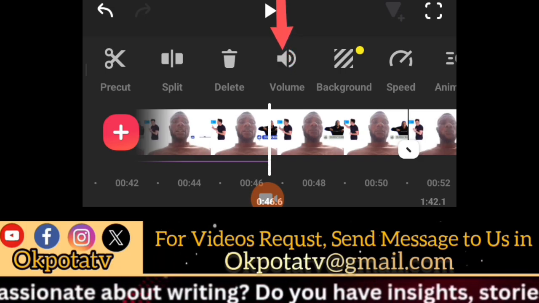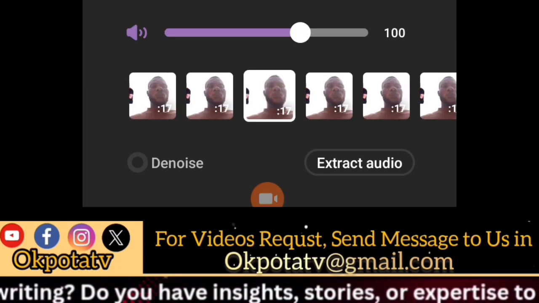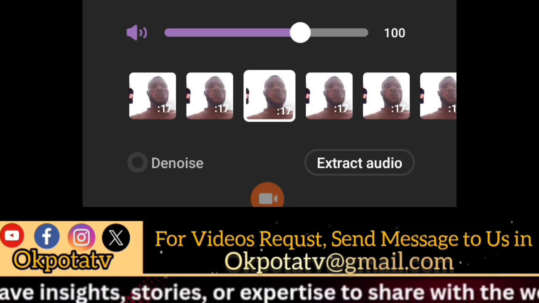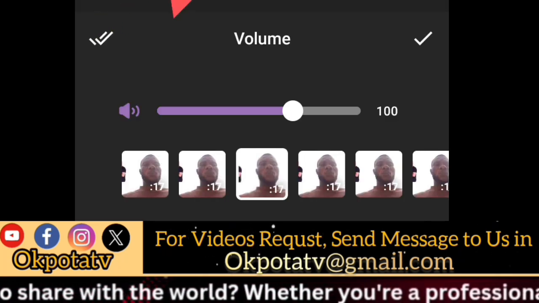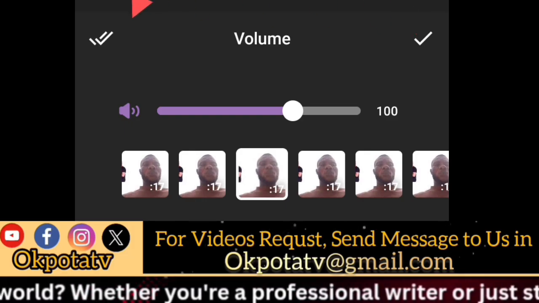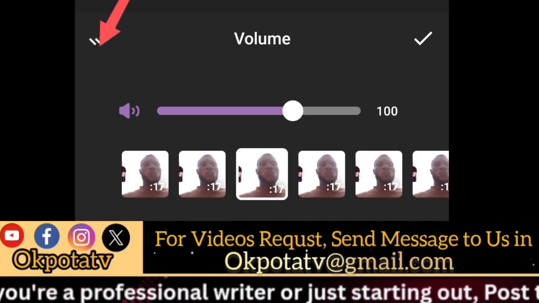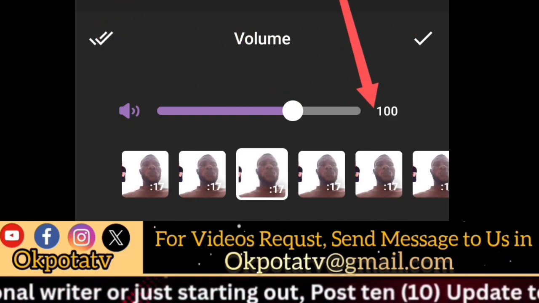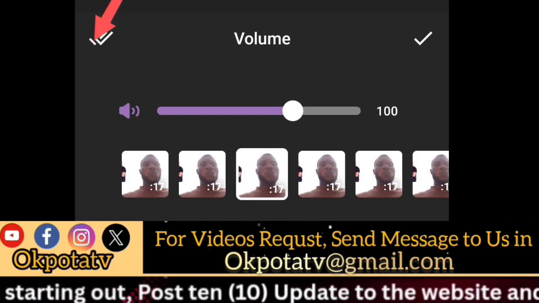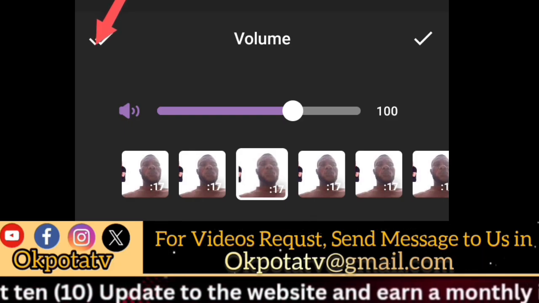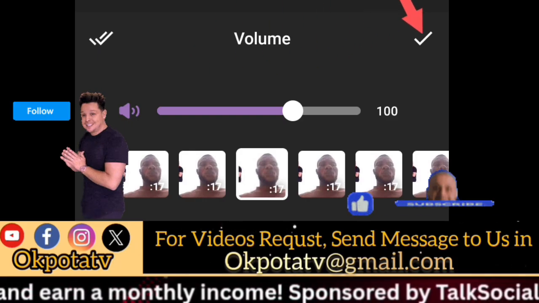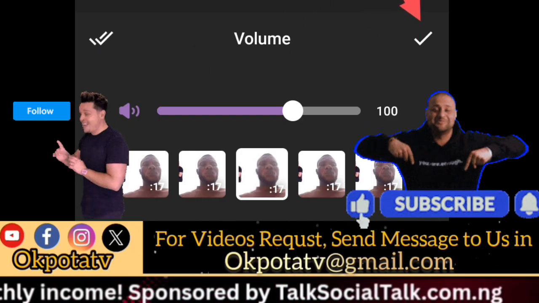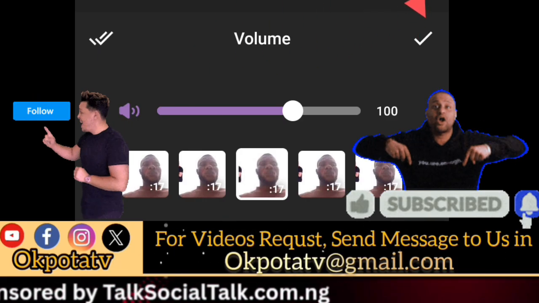So the next thing you are going to do is touch on the volume. When you touch on the volume, you can see a double mark here and a single mark here. This double mark means that as you increase the volume, it will apply to all the video you cut. If you touch on this single one, it will apply only to the particular part you